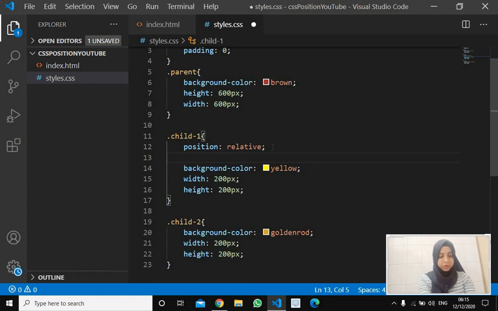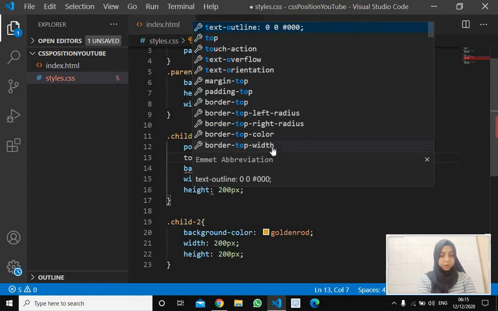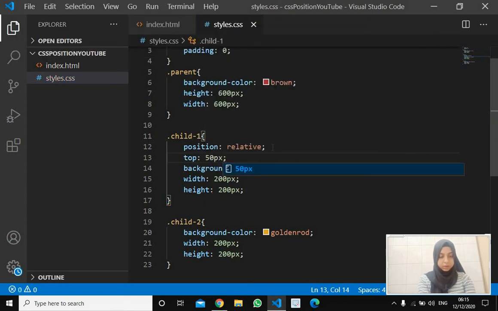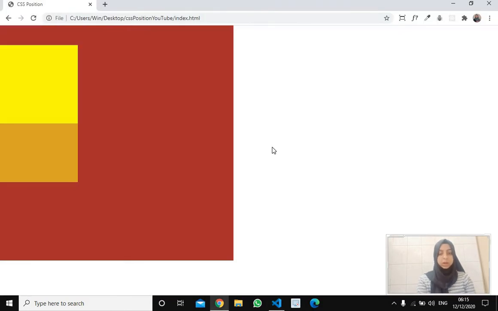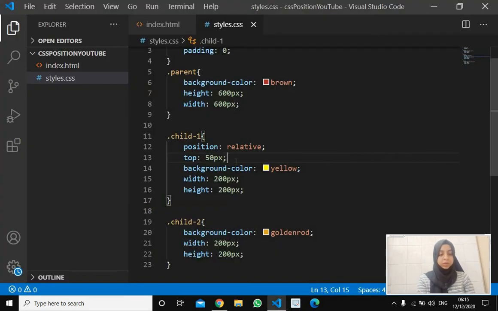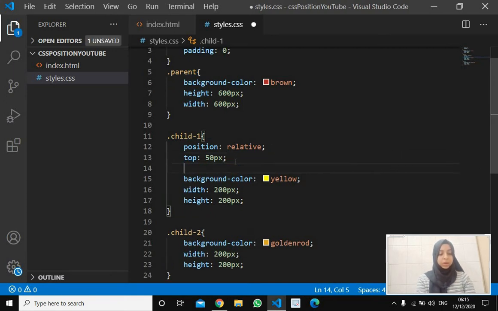Okay, so here for example, if we give it a top of 50 pixels, can you see the first element moves 50 pixels down? So what position relative does is, it will move the element 50 pixels from itself. Okay, meaning it will move the element 50 pixels from its original position.